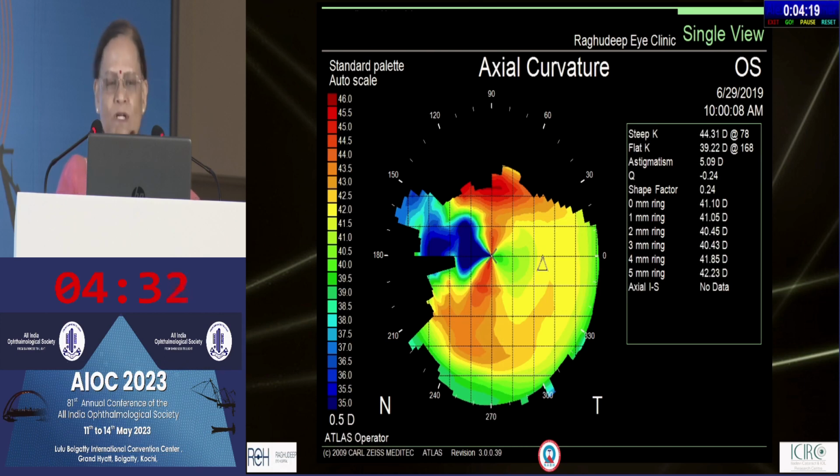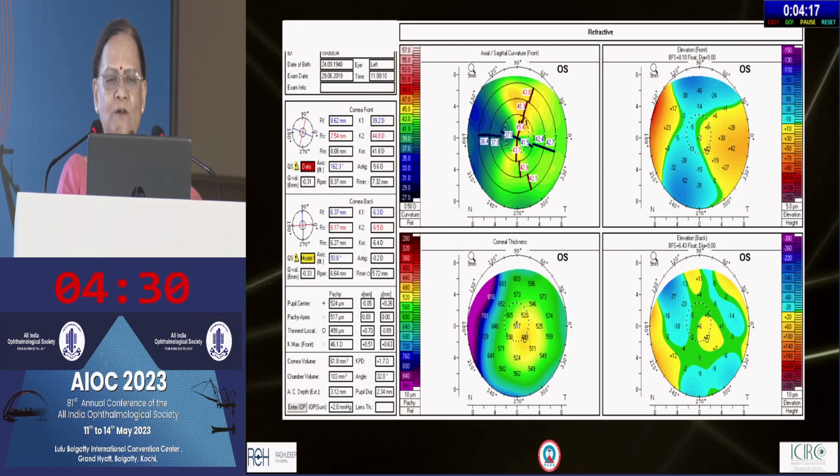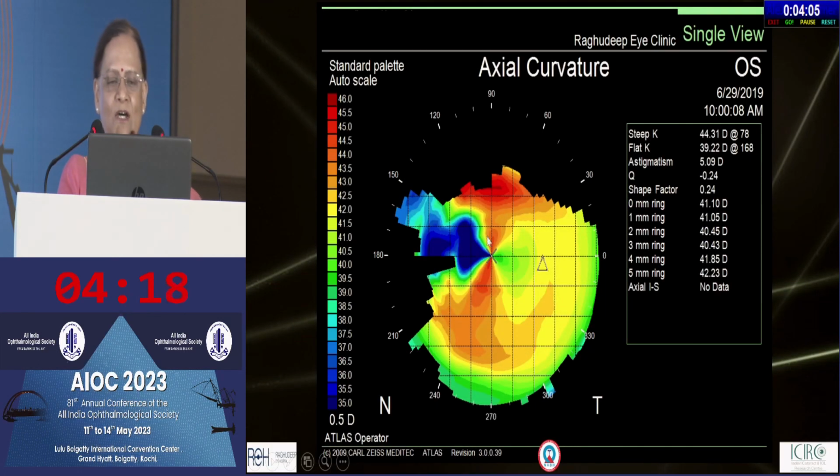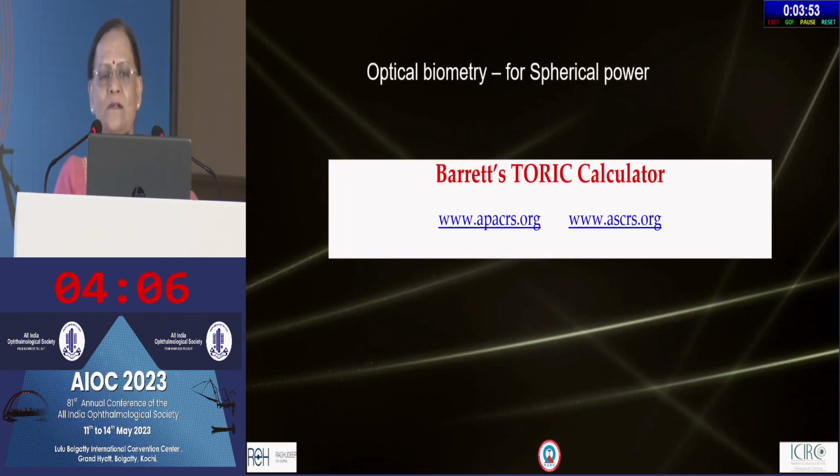And if you notice this dotted line, I'm showing the arrow. This dotted line is his pupil, and within the pupil there is a reasonable bow tie appearance, so reasonably regular astigmatism that you can say, plus his pupil was not fully dilated. So probably we could get away with doing a toric IOL, and we did optical biometry and used the Barrett